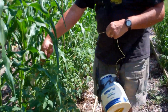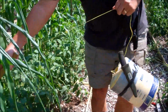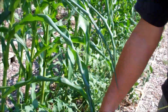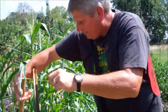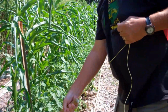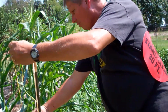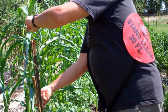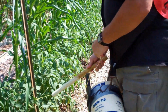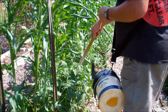Inside this one, outside that one. Inside this one, outside that one. Inside this one, and you're just feeding it through. Come around here, we're going to tie it off. Actually, we're not going to tie it off. We're going to go about 3 times around. This is the end, and now you'll get a view from the back. Once you get it tied off, coming back, outside that one,